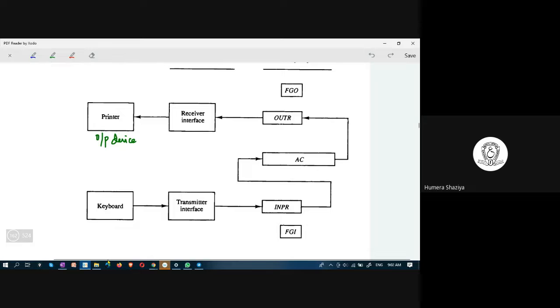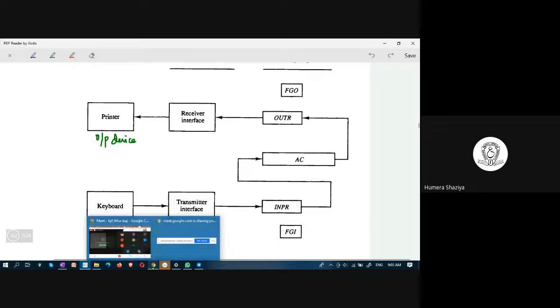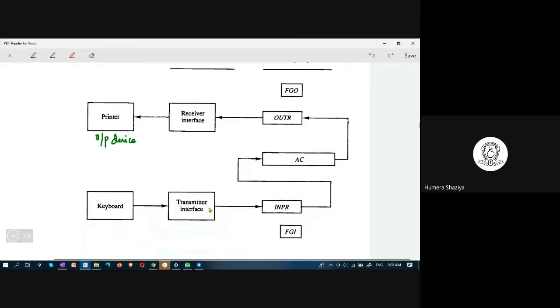We learnt about different kinds of registers, in which we have AC, PC, AR, DR, IR, TR, OUTR, and INPR. This one, OUTR, is a register that is connected to the accumulator. Whatever operation you are performing on the accumulator will go through the output register and the following interface onto the printer.